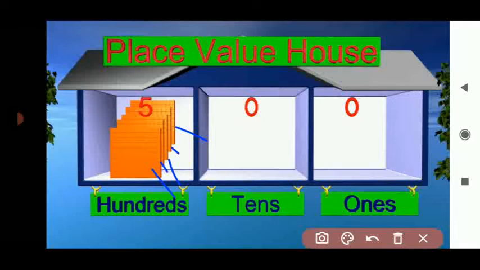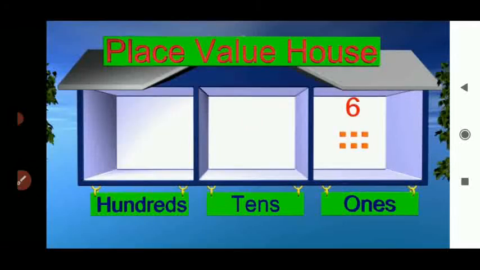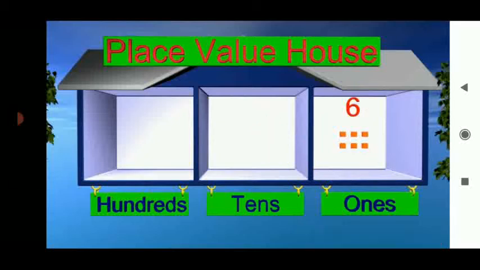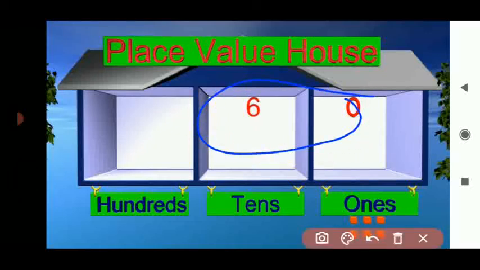So children, I hope you have understood how to find out the place value. We have to see which number is at which position. Now, let us take the number 6. We are taking another example. As it is a single digit number, we will place it in the ones room. What if we move 6 into the tens room? Does it change its value? Yes, it will change its value. It will become 60 because 6 is in the tens place.